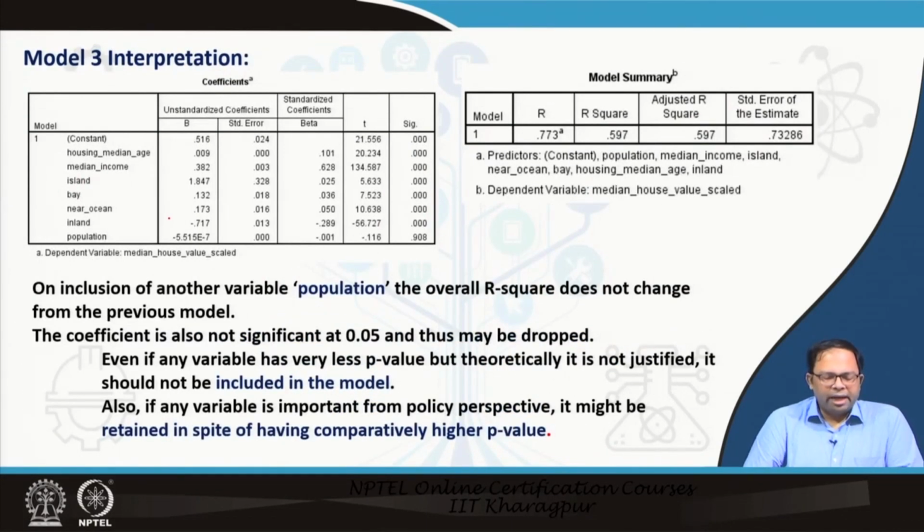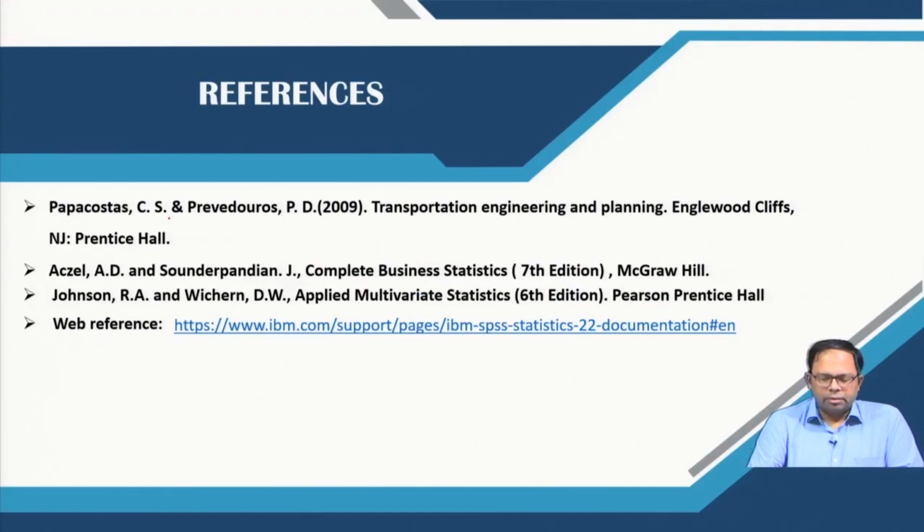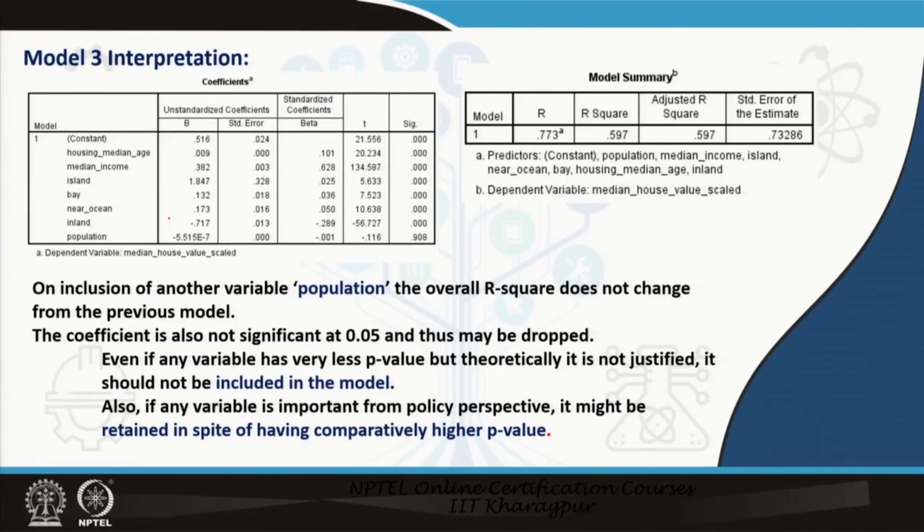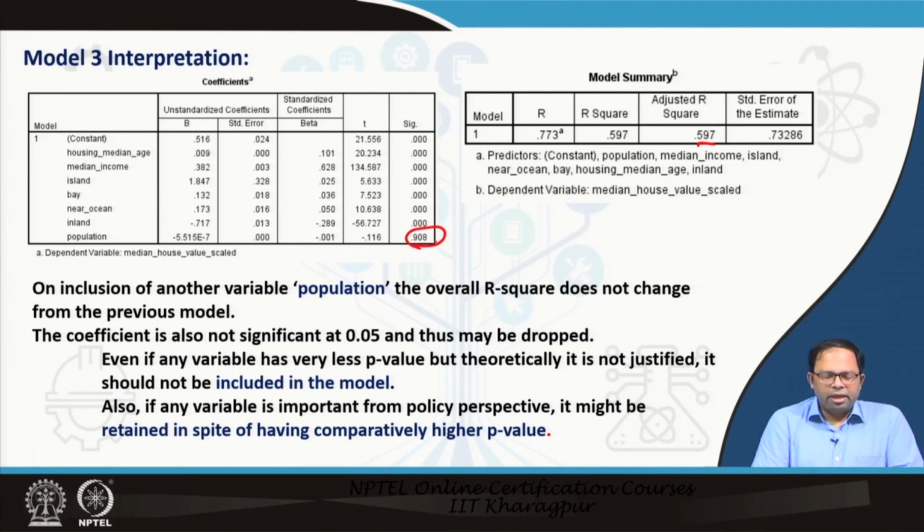Then in model 3, we add another variable, which is population. We see that the overall R square does not change, and the significance of the coefficient is 0.908. So, it is not significant, and we can drop this variable. As I was telling you earlier, sometimes even though a variable is not significant, of course not at the level of 0.908, but if it was near or around the 90% confidence interval, or maybe a little lesser as well,